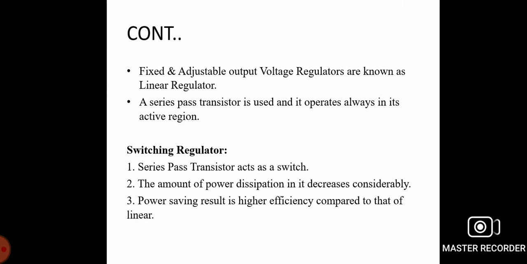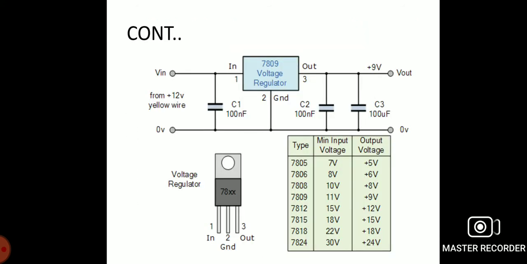So we can see the structure of the 7809 voltage regulator, that is a 780XX series. We are applying the input supply voltage and we get the output voltage using the capacitance and using the wires. The input and output, the second pin is a grounded stage.